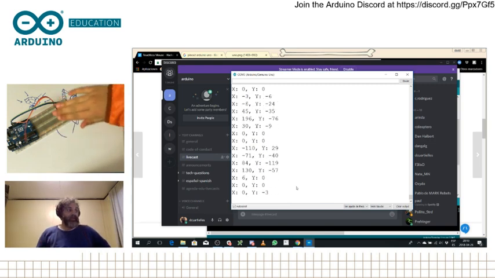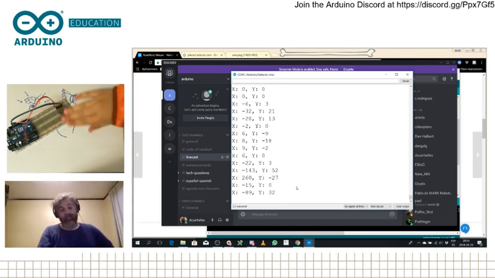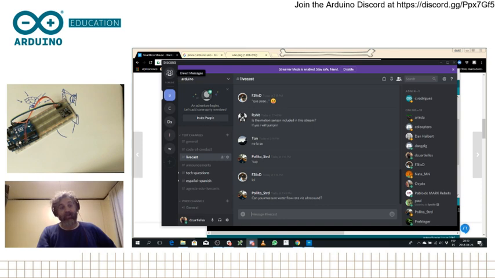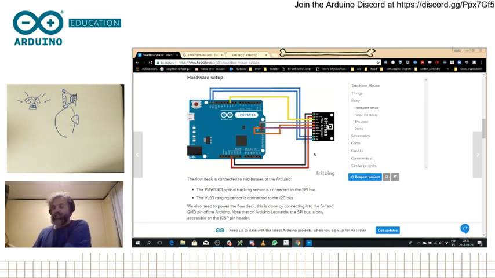And in order to keep the speed high, this one hangs on the SPI. And then the guys from Bitcraze, they had the idea of putting the other sensor on the I2C. So let's just take a look at the drawing again. And we just add 2 more wires, and we can check the distance sensor, which is the other one. So I take 2 more wires, and I have here gray and white.